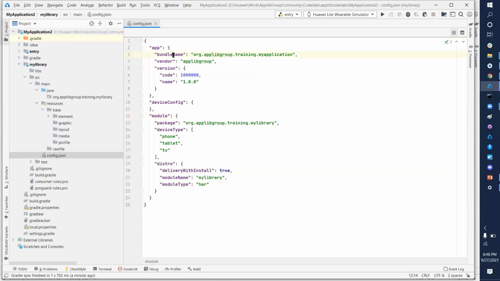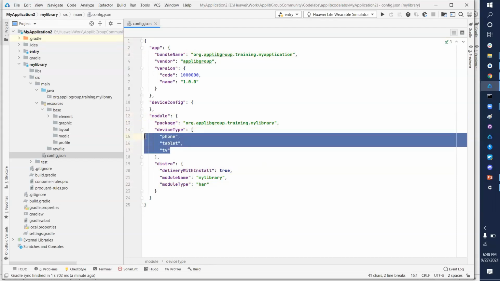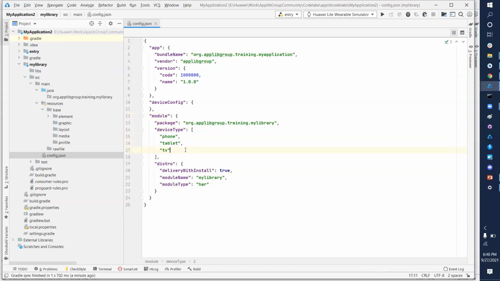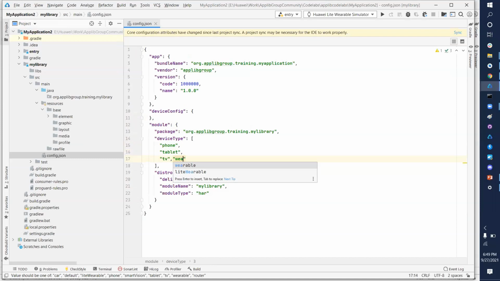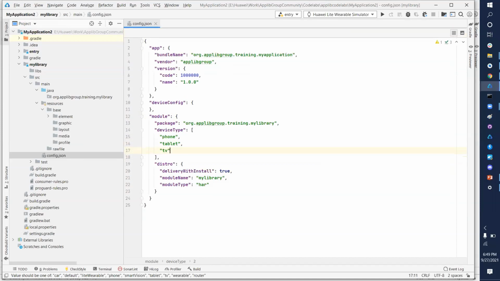You will see that we have the bundle name, package, and device type, where I selected phone, tablet, and TV. We can remove or add from here also. Let's say in future I want to add wearable also, so I can do it like this. We can add more device configurations whenever required. So these are the basic structure. Now you have a good structure to start porting.